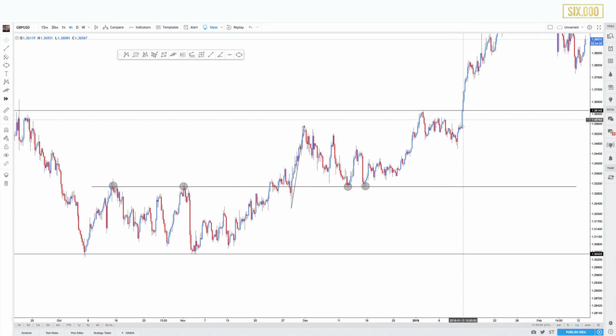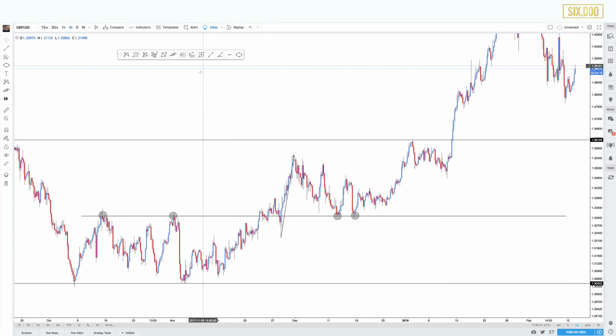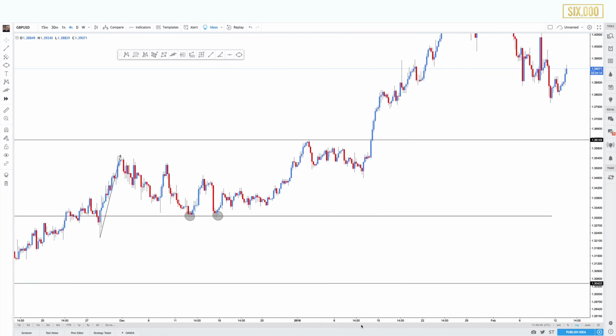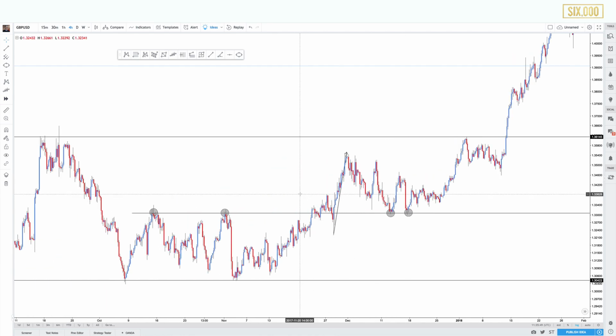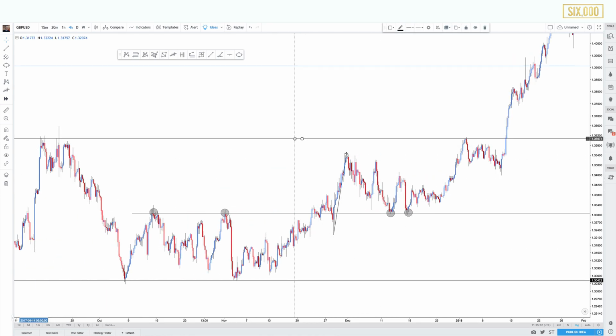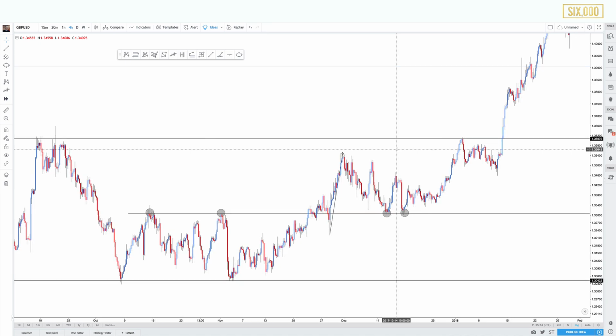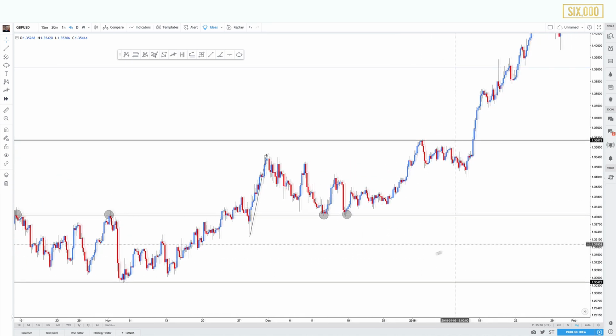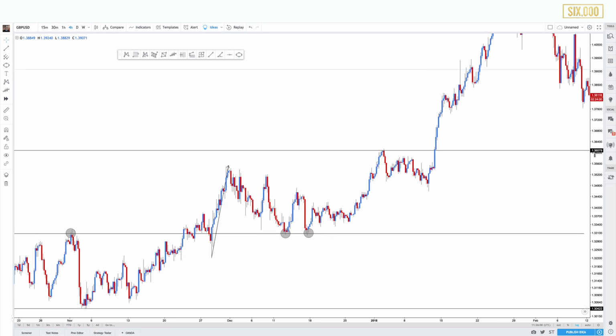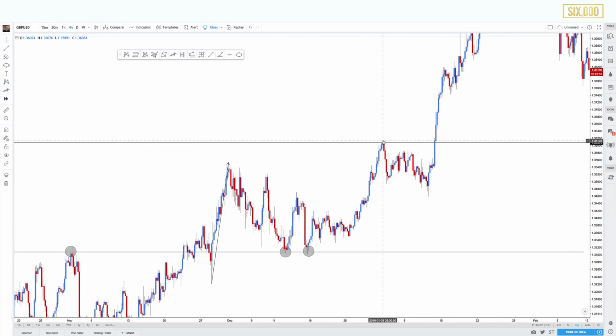And then what happened? We experienced a breakout to the upside at this point here. And what we're looking for, again, is a close above. So this is really up to you where you place your trend line. Let's say your trend line was here. Your resistance level, not your trend line. Your resistance level, it's totally up to you where it goes, as long as all the candlesticks close below the